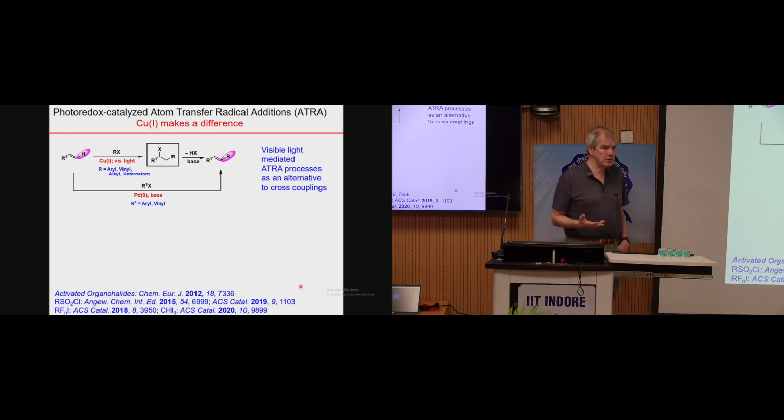The reactions we like to do are these atom transfer radical additions. And that is a reaction where you add a suitable precursor from which we can generate the radical. You add this to an alkene, and you get such addition products. And then very often, if this is a leaving group, like a halide, if you do this in the presence of a base, you can actually get an elimination, and you can form these type of alkenes. And this would be the product of a Heck reaction, right? That's a Heck coupling, which we know from palladium,